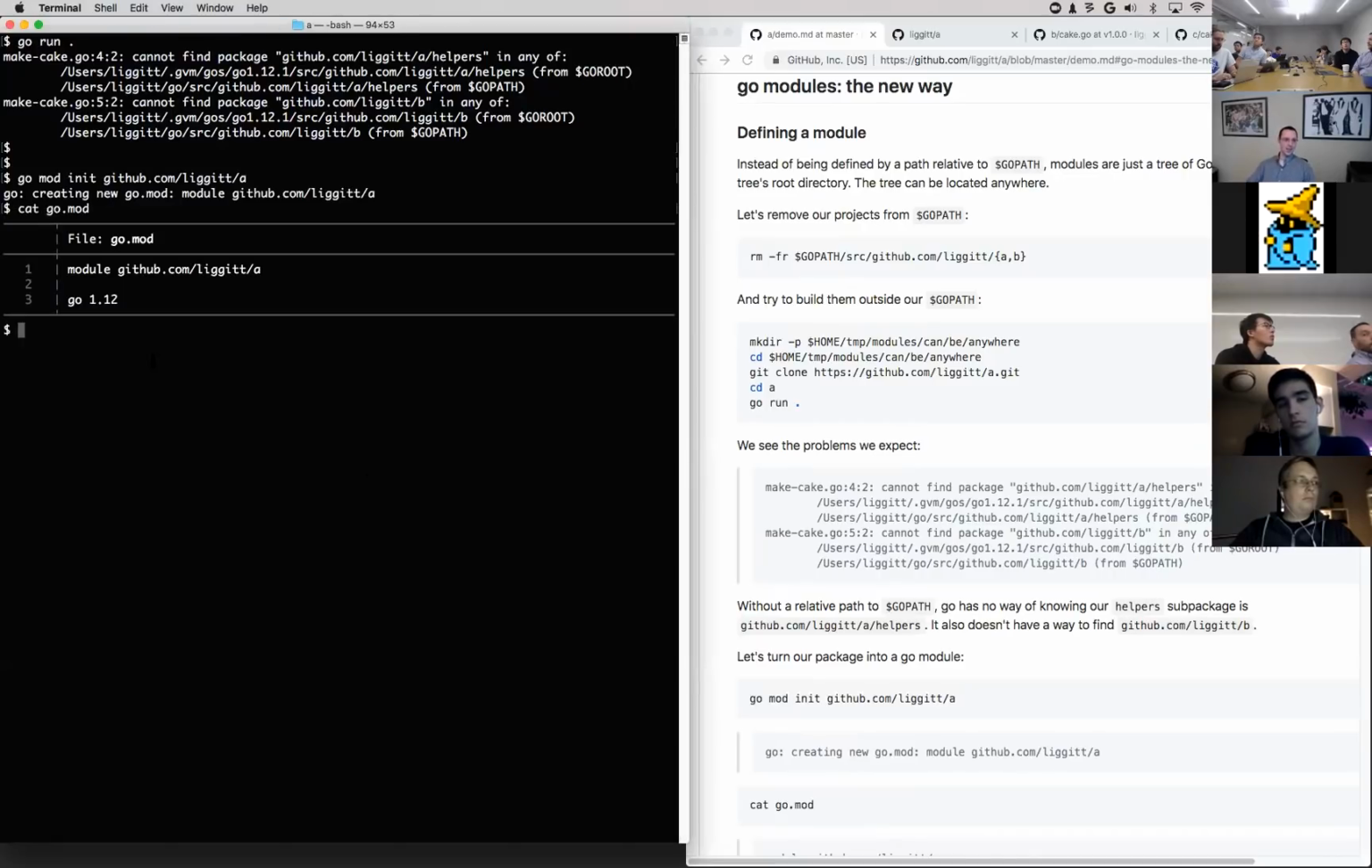Once we do that, it creates a go.mod file for us. There are a couple things in here. One is it declaring the full canonical import path of our module. And the other is the version of Go that we are expected to build with. So that's actually all we have to do to define a module. And now if we try to run,